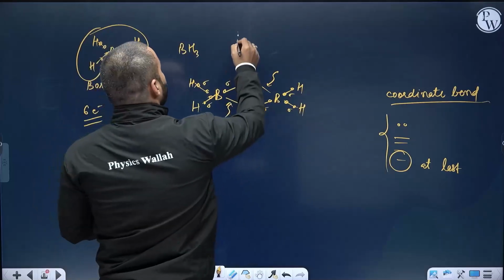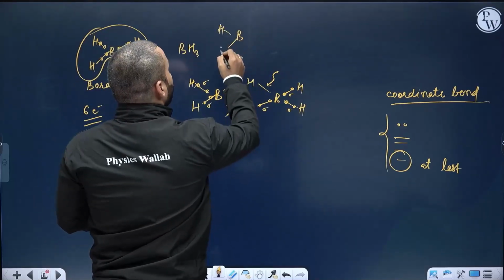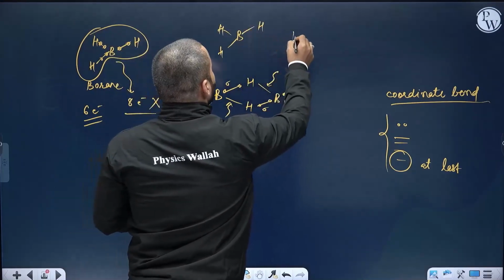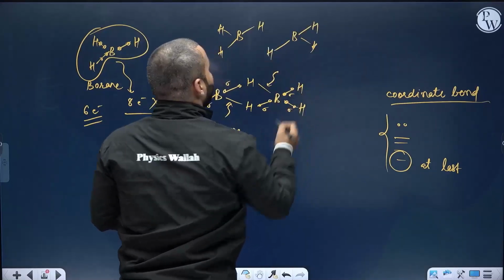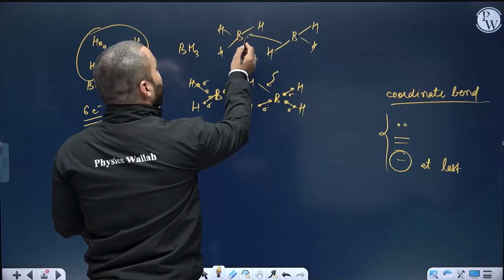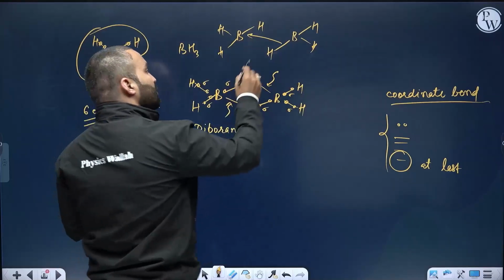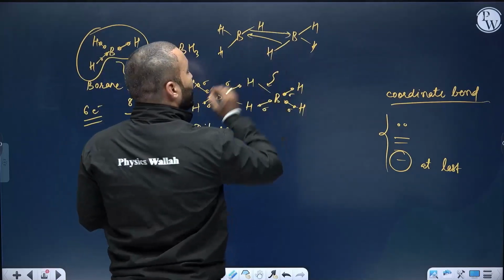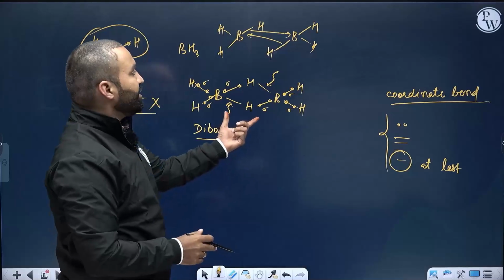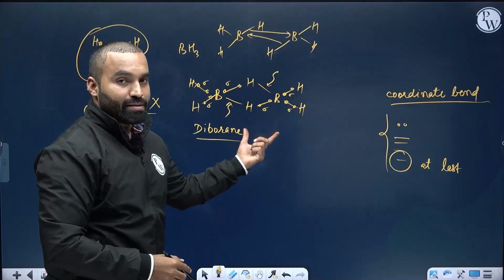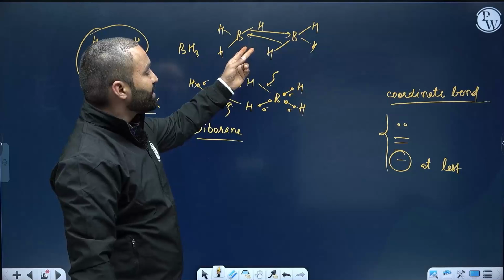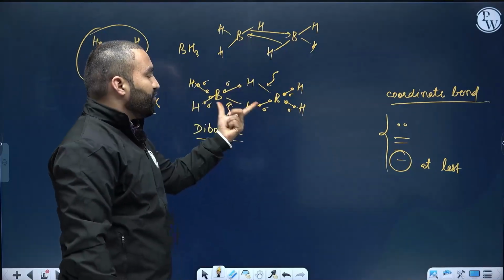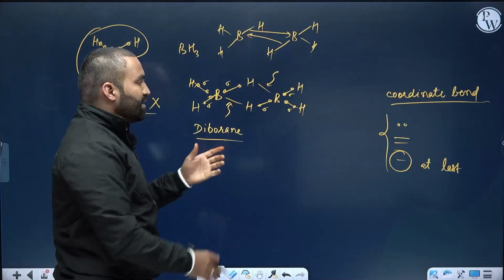Now boron says, "Bhaiya, can you offer me one of your sigma electrons so that I can complete my octet?" It says, "Okay, let's do that. But you also have to do the same." Okay, do that. And eventually you make this molecule look like this. But the reality is this. The reality is the B2H6 molecule is this, but here we draw it for our simplicity